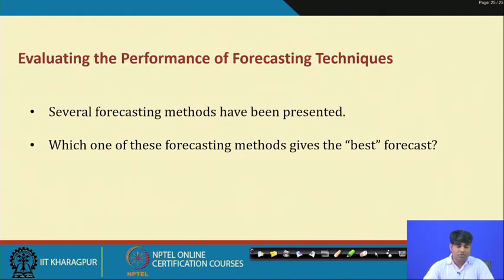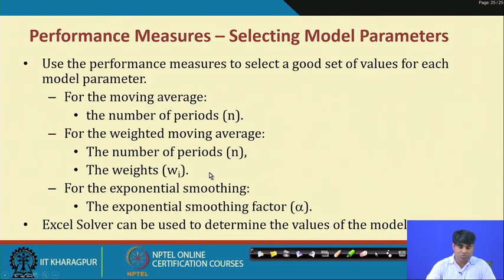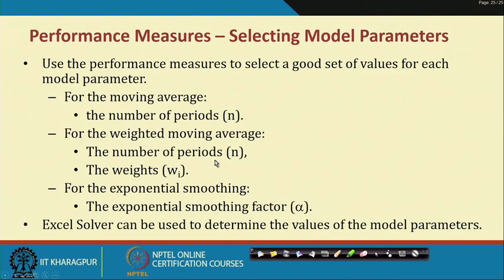Now, evaluating the performance of the forecasting techniques. We have several forecasting methods which we frequently use to do forecasting. Of course, whatever methods we have discussed in these lectures relate specifically to a one variable case, where you have one variable and we are creating an additional variable from the original data by introducing the lag variable. So, you can create n number of lag variables while validating the process, and then we have to choose which one is the best as per the particular requirement.